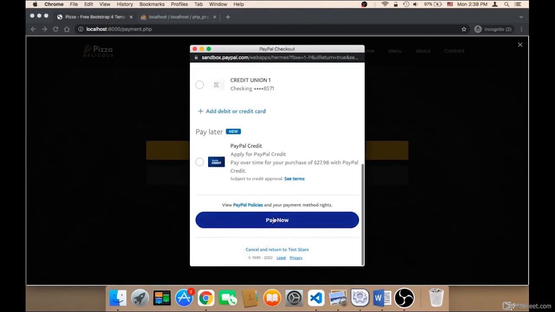By the way, before I click on Pay Now, sometimes when you click on Pay Now, it just keeps loading and it doesn't continue. It just keeps loading and loading. If this happens to you, then you need to close down this window, and then you need to click on the button one more time. This happens only in the testing environment, but in the live environment it's okay. There's no problem. This isn't going to happen. Let me click on Pay Now,